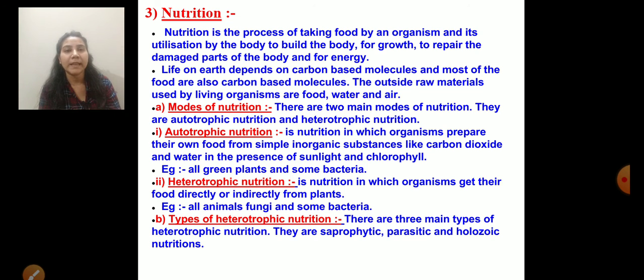Next is heterotrophic nutrition. What is heterotrophic nutrition? It is the nutrition in which organisms get their food directly or indirectly from plants. Example: we human beings utilize vegetables. Vegetables are autotrophic because they prepare their own food with the help of carbon dioxide and water in the presence of sunlight and chlorophyll. Okay, all animals, fungi and some bacteria, even we